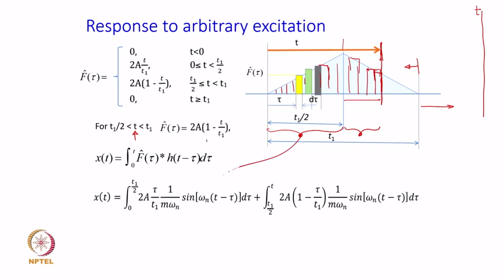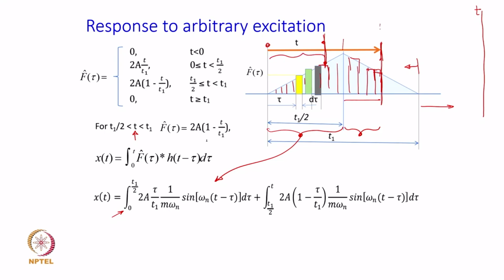So, this part will be given by this, but if you have noticed, make a note of the limits of integration here. It is not 0 to t as it was done in the earlier case. Why? Because when the time was required to be considered to be this point, then the integration has to go from 0 to t, because all these impulses are to be accounted for in finding the response.